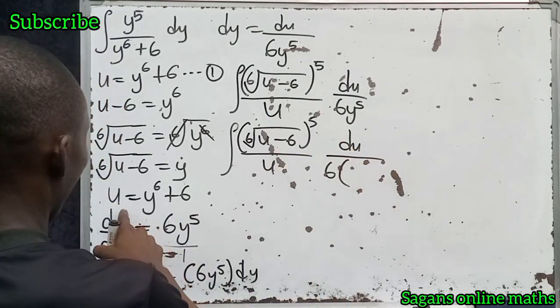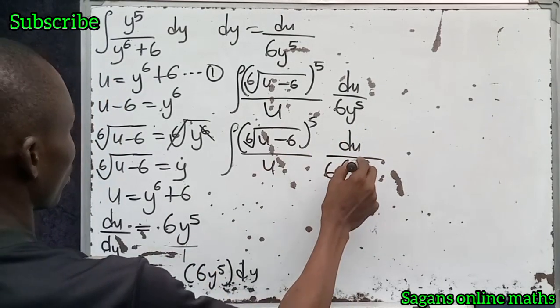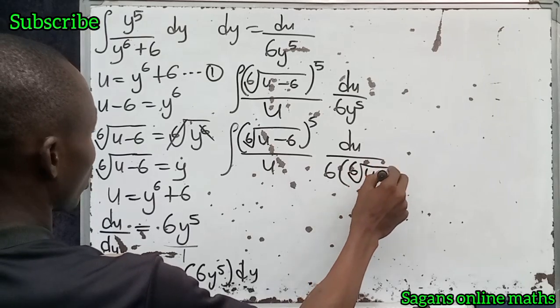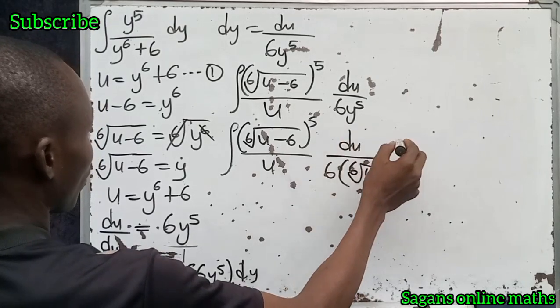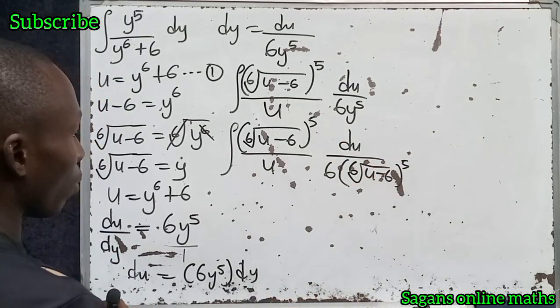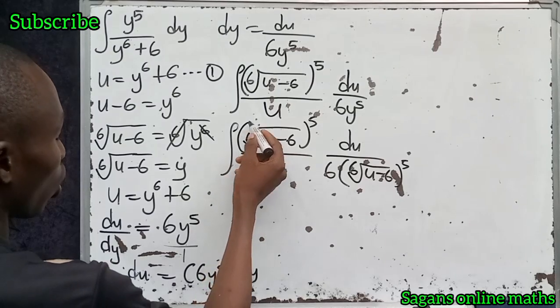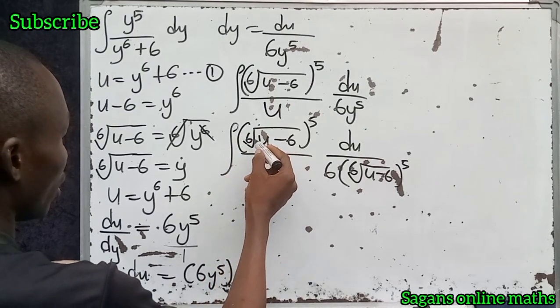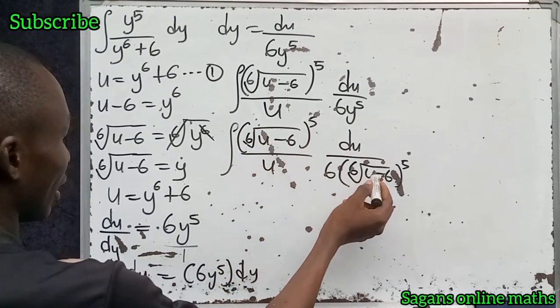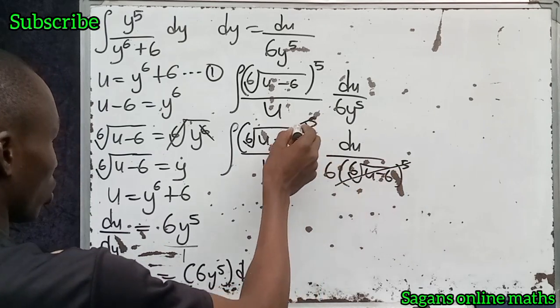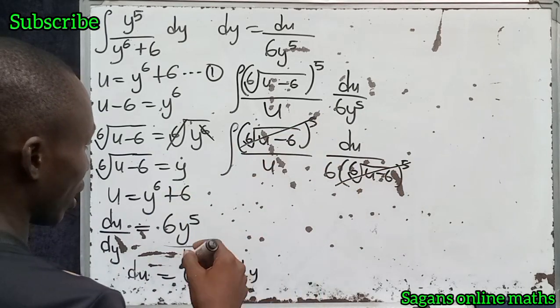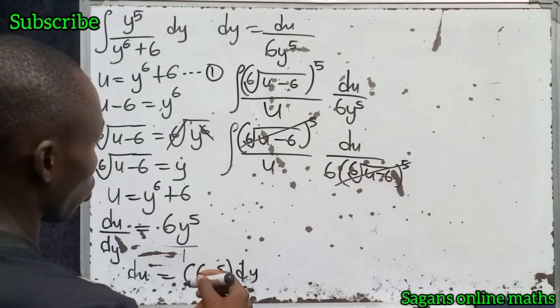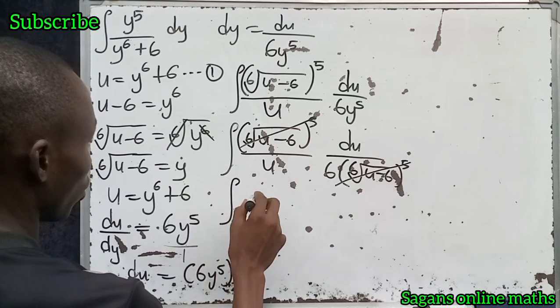Y is the 6th root of u minus 6, and remember, this y has a power of 5. Wow. Are you seeing here the 6th root of u minus 6 all to the power of 5, and here is the same thing. They can cancel out each other. What we are going to be left with is the integral of